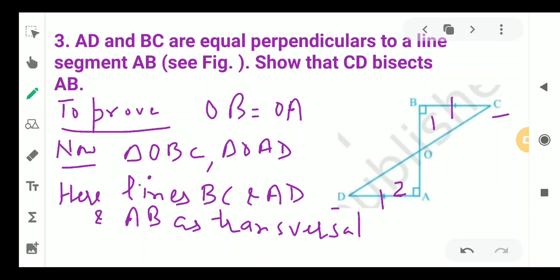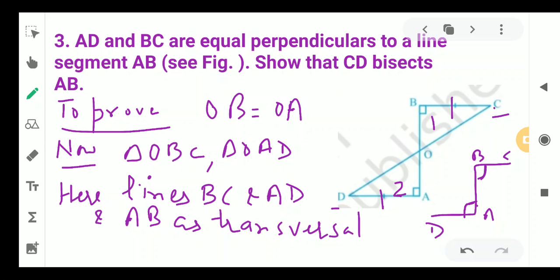Now if you see this BC and AD, we have given the names angle 1 and angle 2. The two angles we have mentioned here. If we see it, there is a formation of Z here like this. This angle is 90 degrees, this angle is 90 degrees. So this is C, this is B, this is A and this is D. So we can see that these two angles are forming a pair of alternate angles. Two lines intersected by a transversal, we are getting a pair of alternate angles which are equal. So it means that these two lines will be parallel.